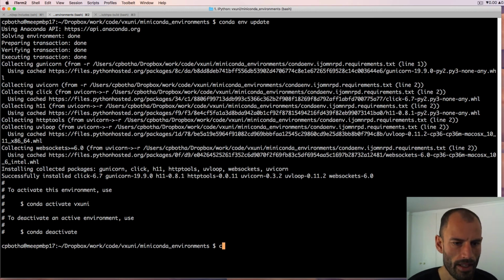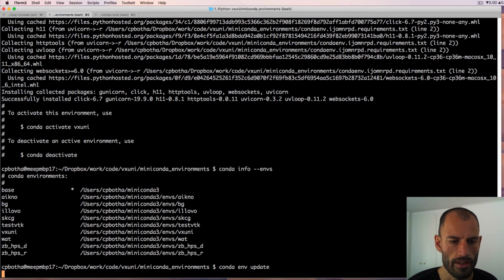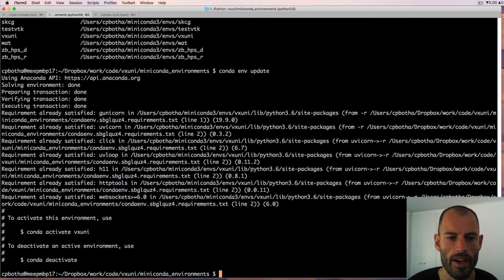We can test that. I will just show you that if I now, well, I don't have to activate the environment, but I can just rerun conda info envs. You can see that vxuni is already there. I can just run conda env update again. And you'll see in this case, it figures out that all of the packages specified in the environment are already installed, so there's no work to be done, and we're done. But the nice thing is I can now go